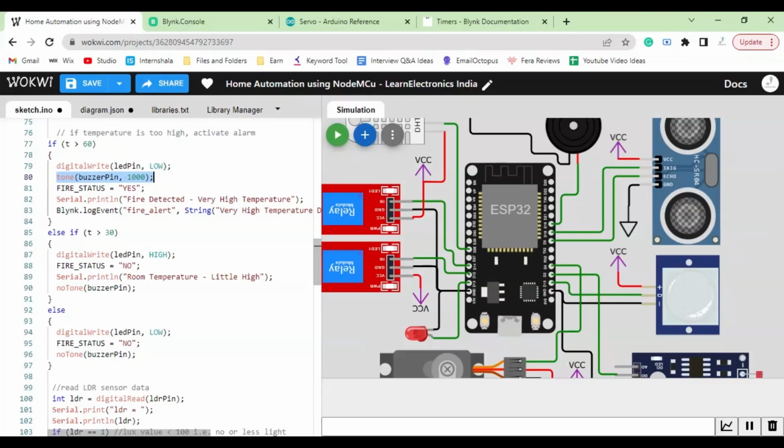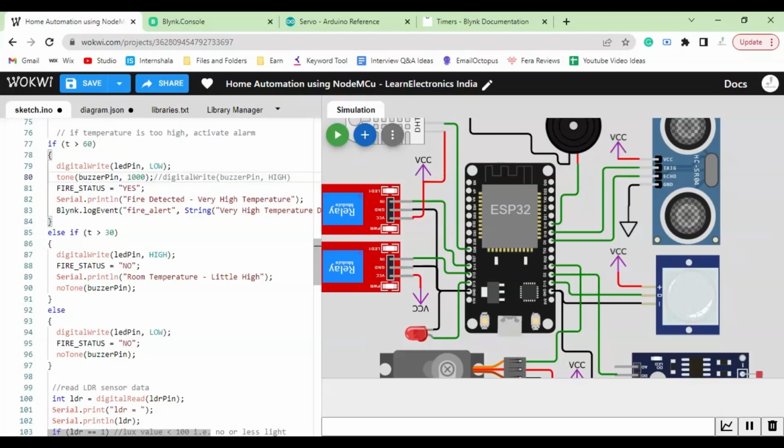Okay, so now again this is a specific command for the buzzer. I'm not sure whether this command would have worked on Wokwi or not, but we can also try with digitalWrite. We can write here buzzerPin comma HIGH, but I'm not sure whether it would have worked or not. Which is why, for any buzzer that we use on Arduino or related platforms, we use this tone